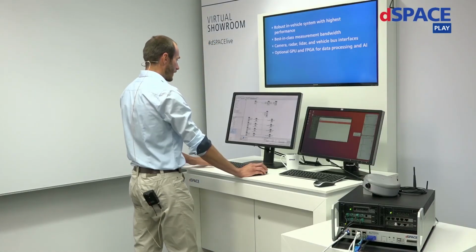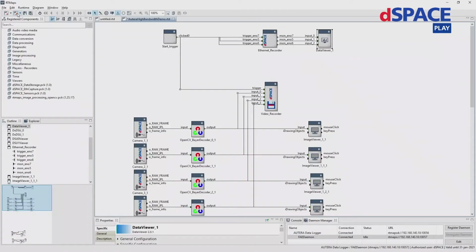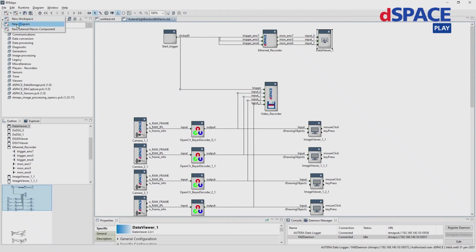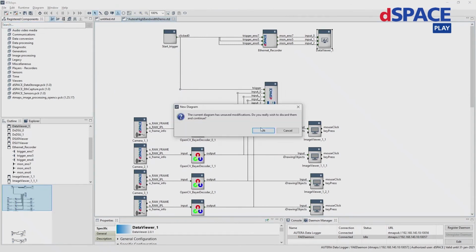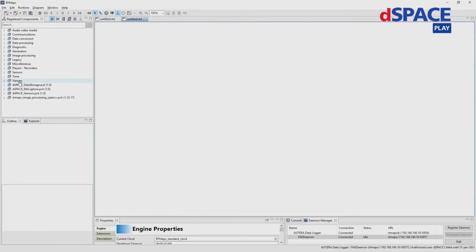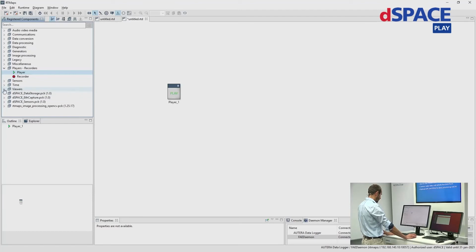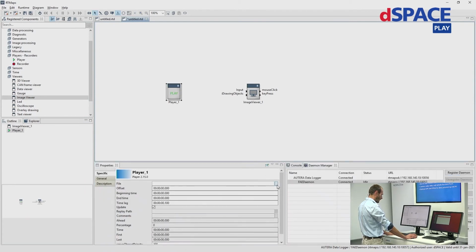To show you the video data that we have recorded, I will use the same principle as before. I will create a new diagram for replaying the data that we have captured. That's already known, so I'll be quite quick. Play component, image viewer, setting up where we have the data.